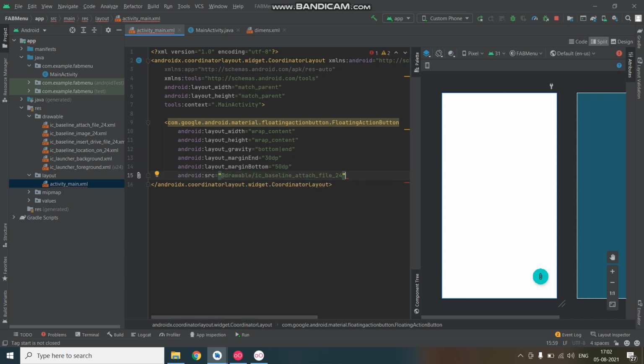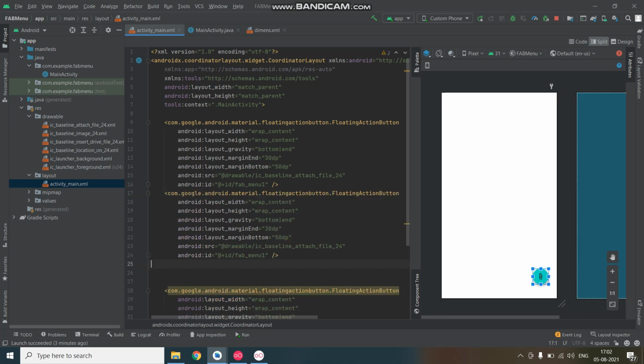So let's say I've given this, and we need id and give fab menu 1. Okay, so what we want, three similar buttons, so I'll just copy paste this code thrice.